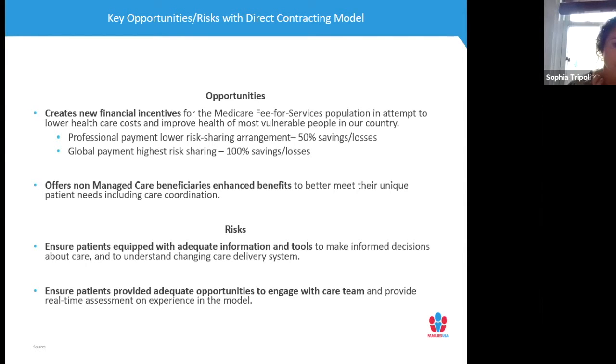And we are really interested to see how the new financial incentives that Kristen laid out in the introductory slides and comments, with higher risk arrangements, perform in this model, particularly around the primary care capitation and the global capitation model. And then I think the last thing I'll say is just really endorse everything that Emily just laid out